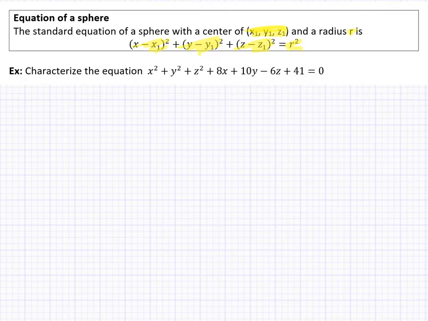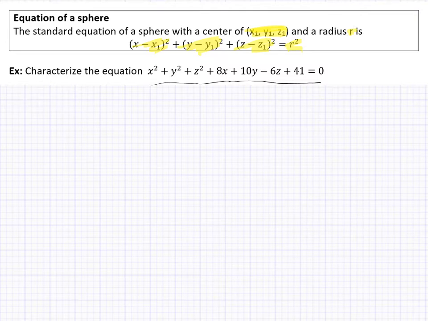And so if I gave you a question like this, and I said characterize this equation, and again, we'll get more into this later on in this chapter when we talk about something called quadric surfaces. We start to look at surfaces in 3D space. That's what a sphere really is. We'll get into this, but it doesn't hurt to talk about it now. And so we would have seen something like this in algebra, maybe even pre-calc, when we talked about